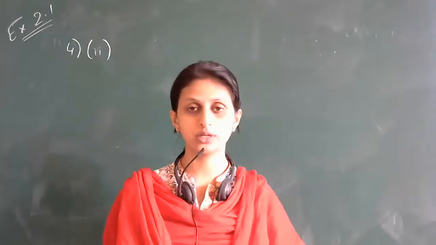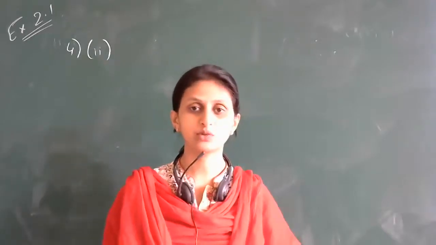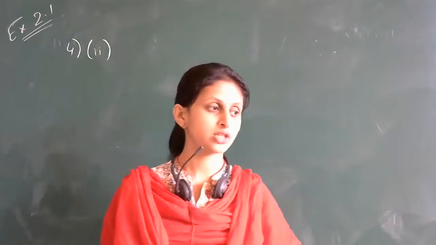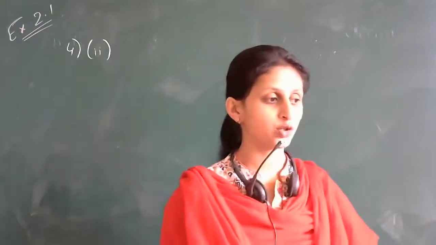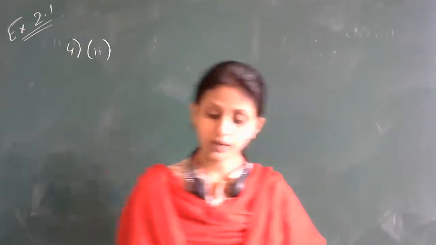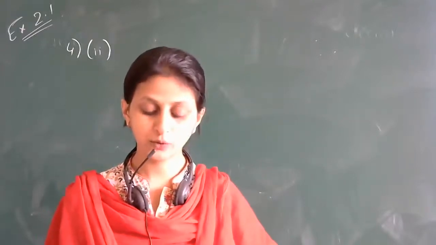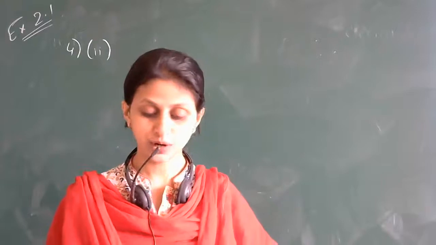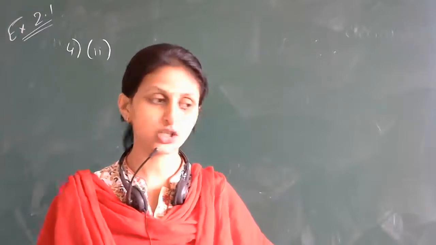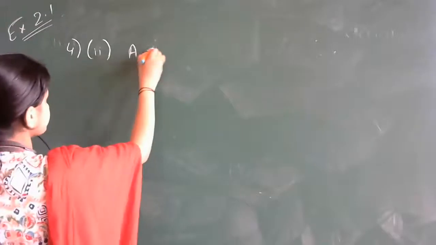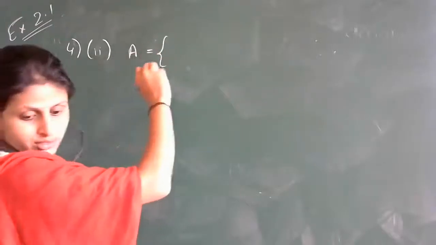Of course it is true. It is just the definition of Cartesian product. So it is true. Third one, if A is equals to 1 comma 2 and B is equals to 3 comma 4, then A Cartesian product B intersection null set is equals to null set. Is it true or false, students?